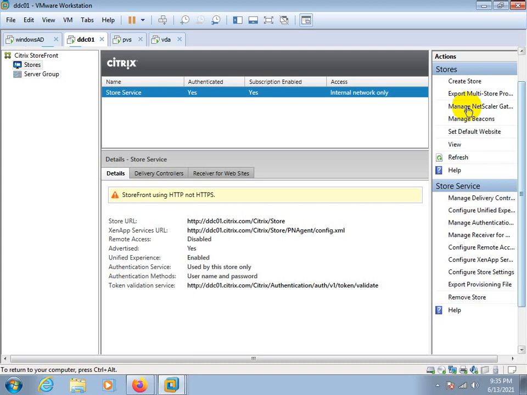So to protect our environment from hackers, we never disclose the real IPs to the outside world. For that, we use Netscaler.